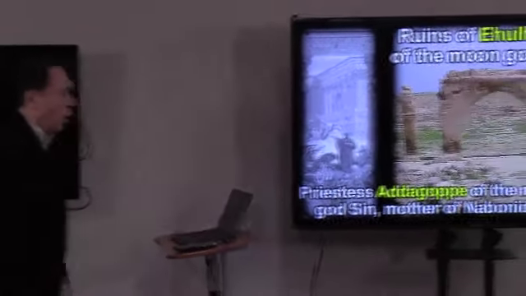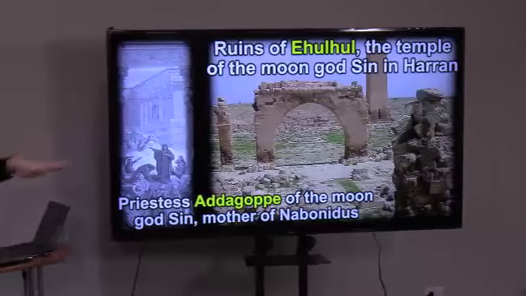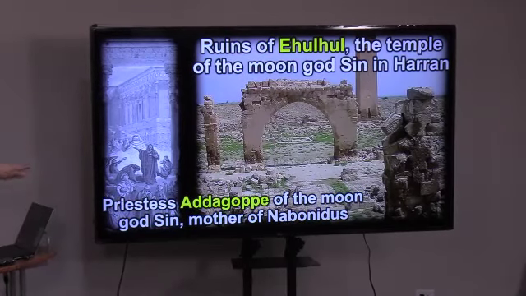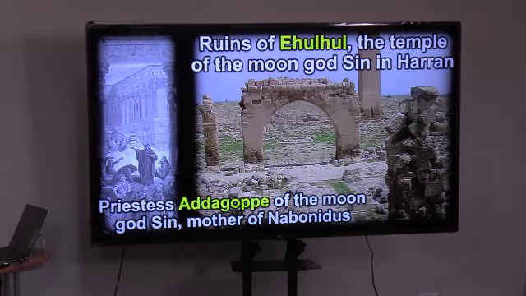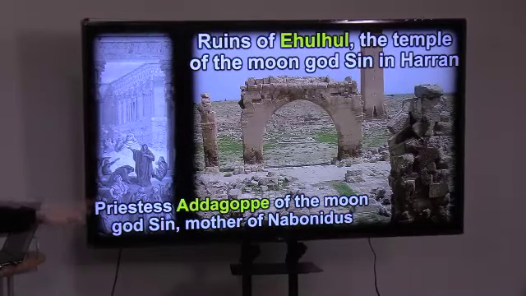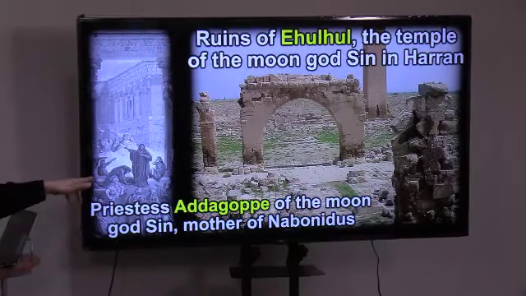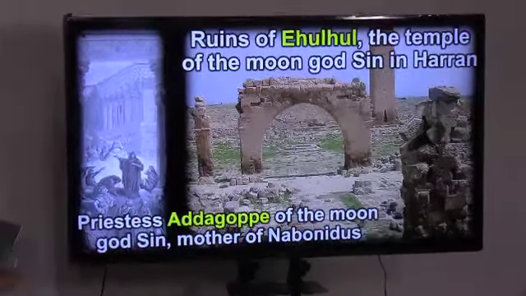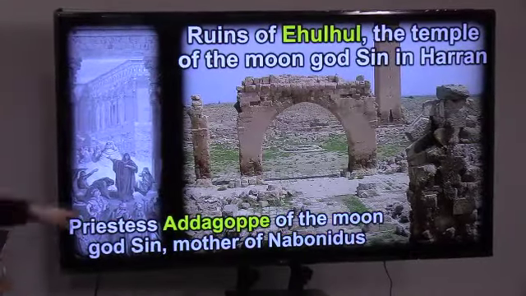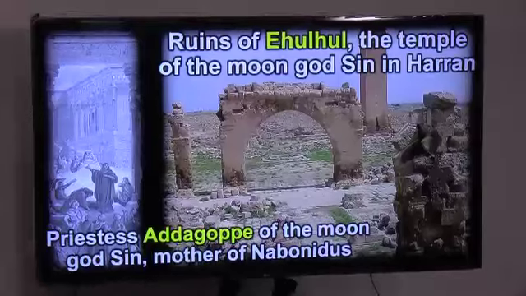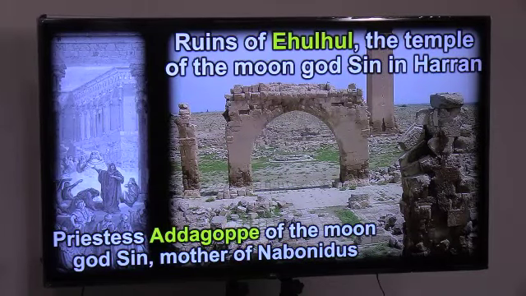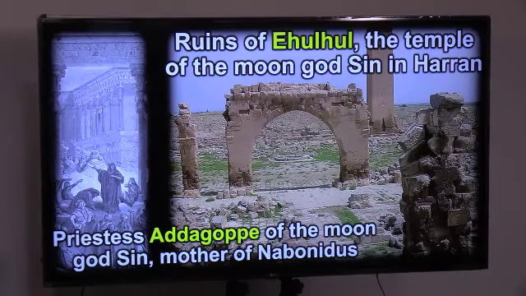The ruins of the temple of the moon god Sin in Haran, we talked about this. This is a sample, and you will notice that the temple had the priestess Adad-guppi of the moon god Sin. So there's the moon god Sin, and there was a priestess in Haran during the battle between the Assyrians, the Medes, and the Neo-Babylonians. Adad-guppi turns out to be the mother of Nabonidus. And I told you, because Nabopolassar conquered Haran, he took her back to Babylon so that she would become the priestess of the temple of Sin, or the temple of the moon god in Neo-Babylonia.